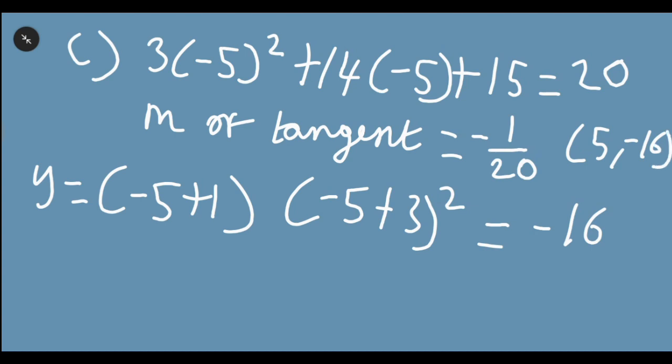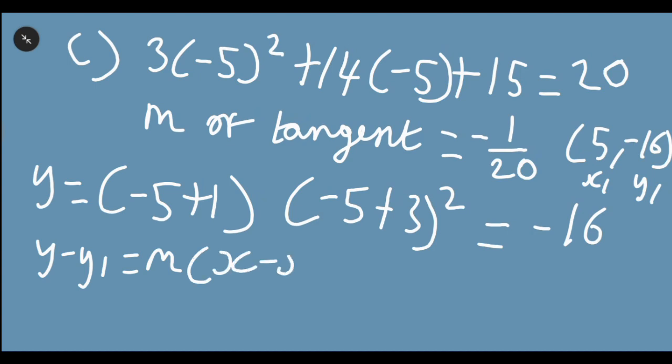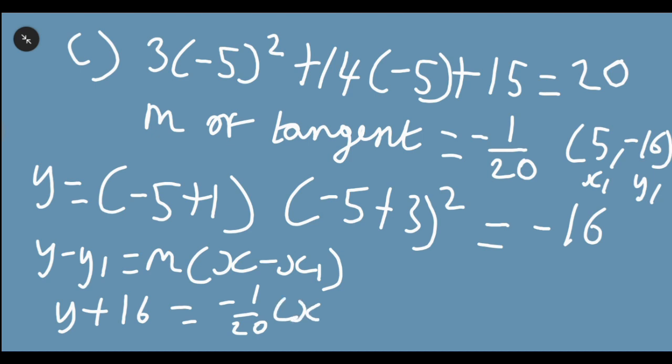Then we sub in the tangent, the x1 and the y1 into the equation y minus y1 equal to m bracket x minus x1. Now let's do that right now. That'd be y plus 16, because it'd be minus a 16. Two negatives make a positive, would equal to minus 1 over 20 bracket x minus 5,